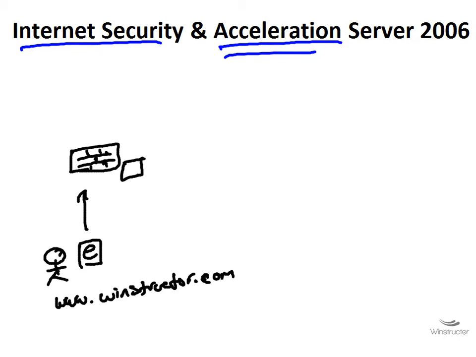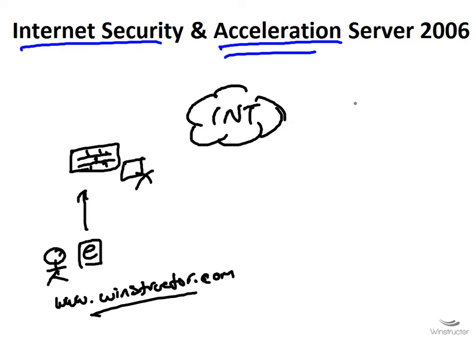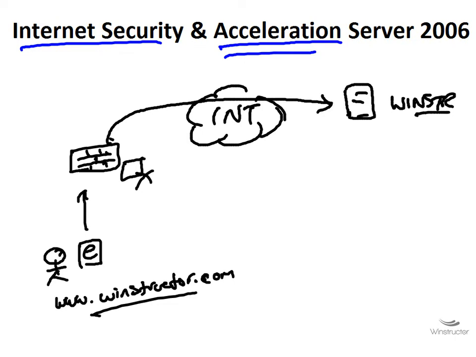Now, if this is the very first visit to winstructor.com, then it isn't going to have any copy of the home page stored in its cache here. So it's going to have to head off to the internet and get a copy of the page. We'll call this the internet here, and we'll assume for the sake of argument that this is the server for Winstructor. So our ISA server here, in this case, is going to head off across the internet to www.winstructor.com. It's going to do this on behalf of our user,